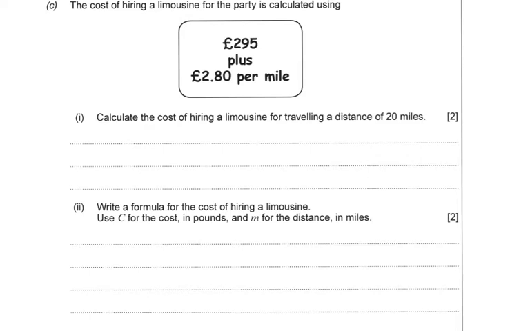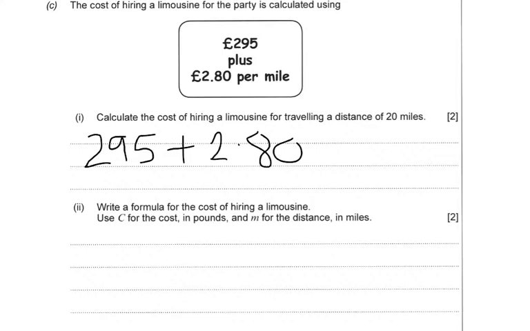Okay, in this question we've got to use the formula given to us up here in words to calculate the total cost of hiring a limo. So to get the total cost, we're going to do 295 plus £2.80 for every mile. Now, we're told in this question that we've done 20 miles, so I'm going to multiply that